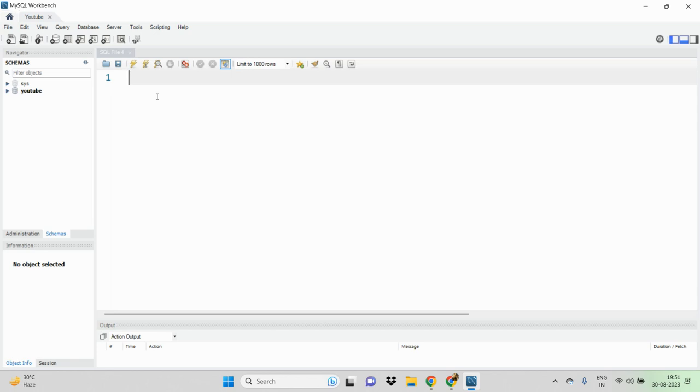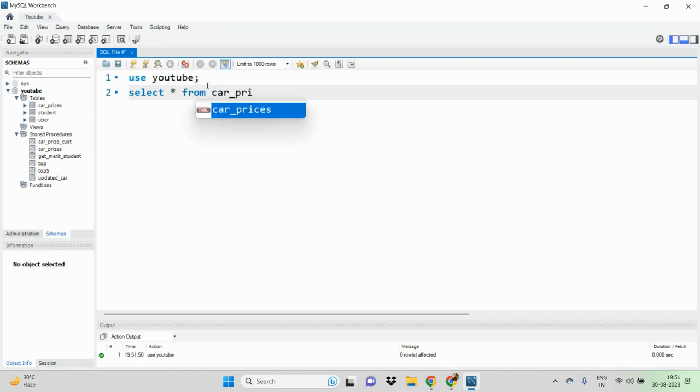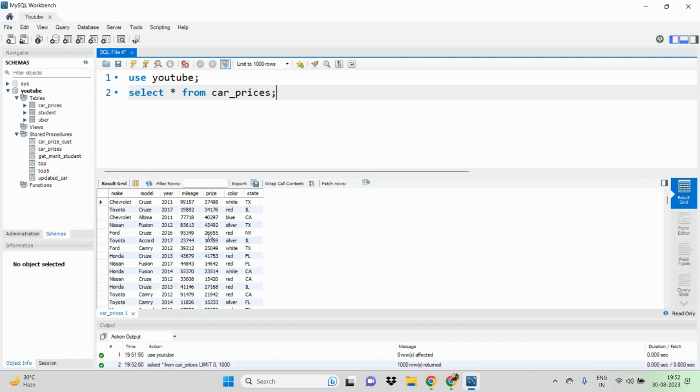Everyone, today we are going to see other basic functions in SQL. I'm using a database called YouTube. From this, I'm going to use the table called core prices. Okay. Now, what are the functions? The other functions we are going to discuss in SQL today are